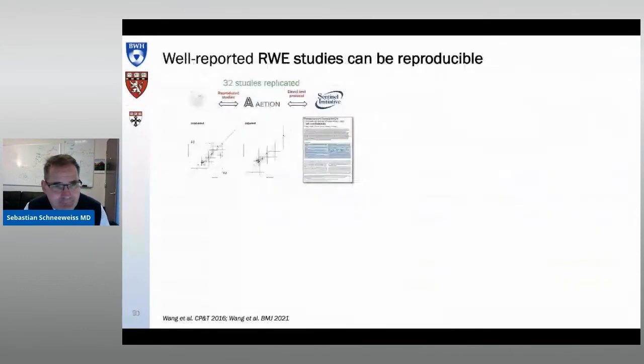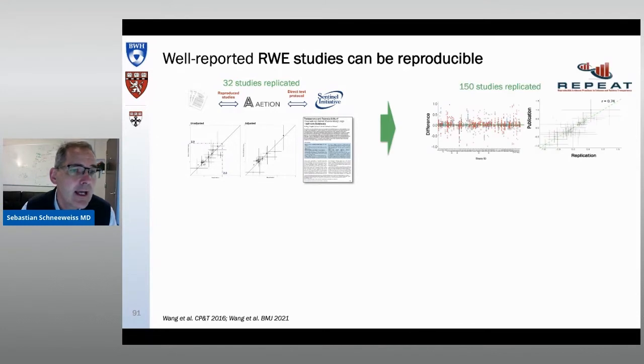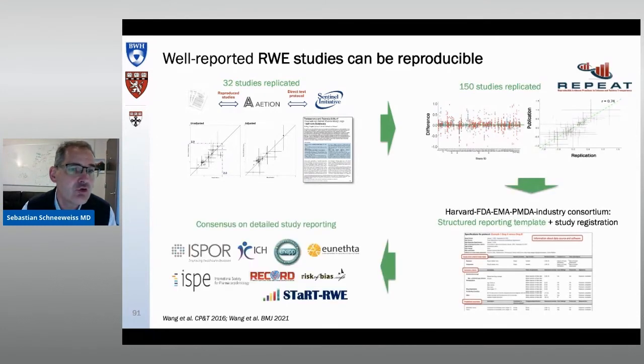Next slide. There is an enormous dynamism right now in the area of real-world evidence, particularly in the pharmaceutical space, but also the device space. One important question comes up: how reproducible are these studies, right? If you click 1, 2, 3 times now, there are pilot studies with 32 replications, and now there's a study that we are about to finish here at Harvard, where we have identified 150 published real-world evidence studies, and we are reproducing those studies in the same data in order to illustrate how reproducible are these findings in the same data?